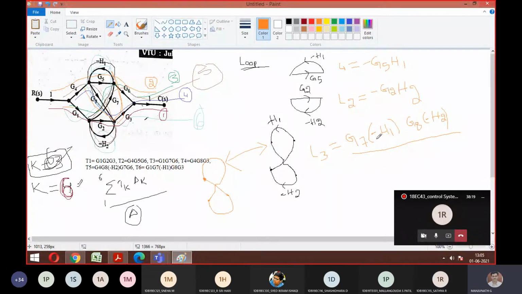Do you have any other loops? No, sir. So that's it. Everyone got a clear idea now why we didn't consider L4, because L4 and L3 are both the same. Since they are the same, I can neglect L4. So any doubts, anyone, till here, you can ask. Is it okay, guys, till here to everyone?